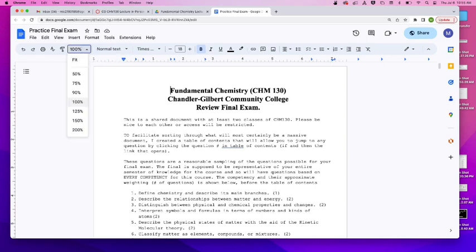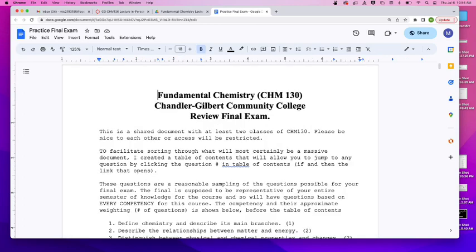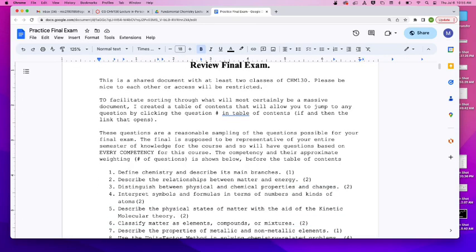What is it? Define chemistry and describe its branches. How important do you think that is? Okay, not too important. It was probably 1 sentence at best stated by your instructor at the very beginning of the semester. Okay, but if we consider conversions, how many conversions have you run throughout the semester?